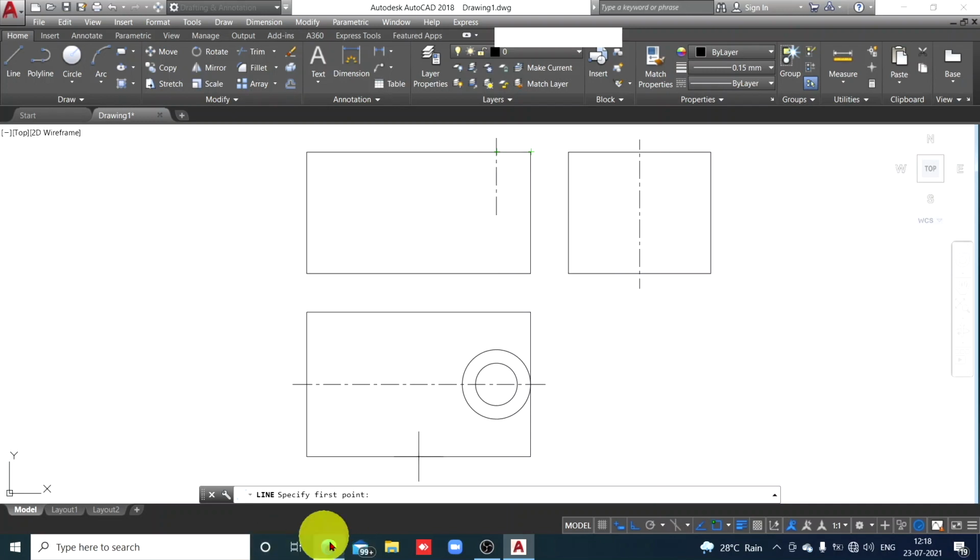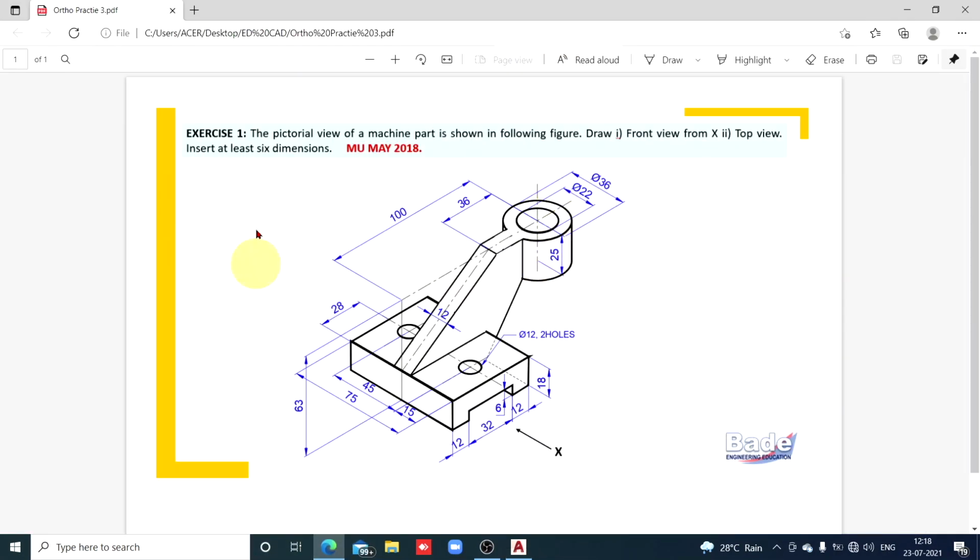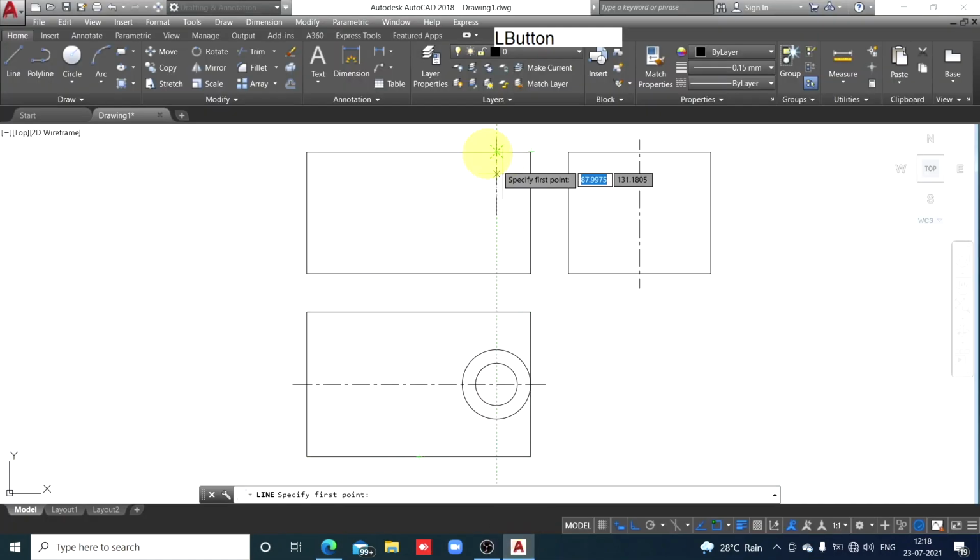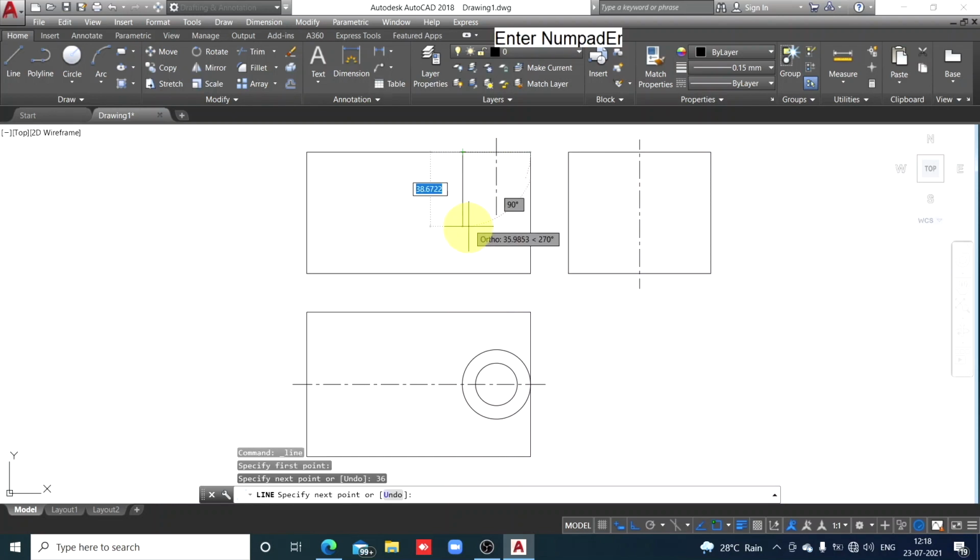But what is the height of the cylinder? Let's check it. The height of the cylinder is 25. So we are going to draw a rectangle of height 25 and radius 18 millimeters. On the right side, from the axis on the right side 18. I have clicked here. Then diameter 36. Enter. Click here. Height 25. Enter. Perpendicular line, and here I have completed that. So this is the rectangle.